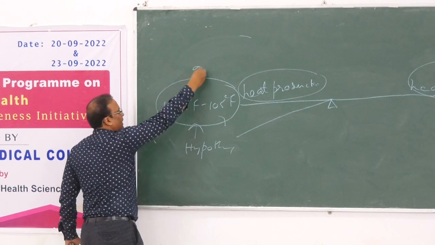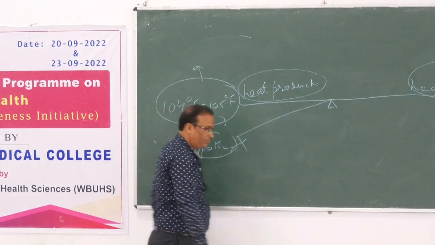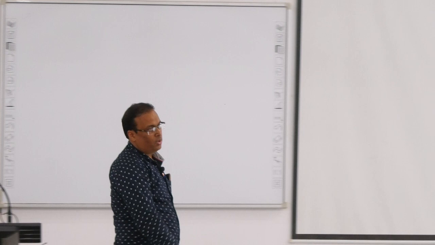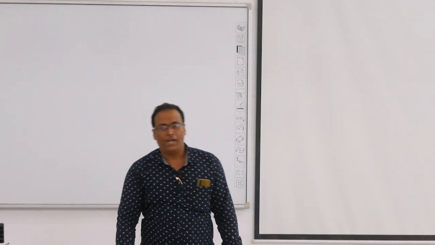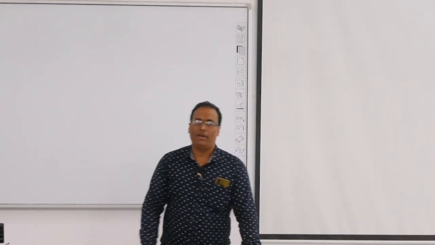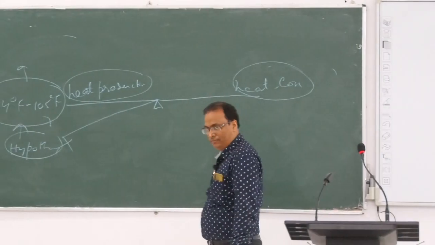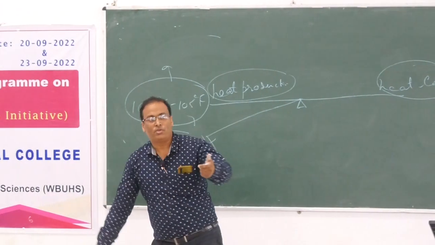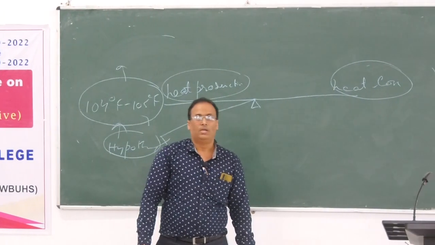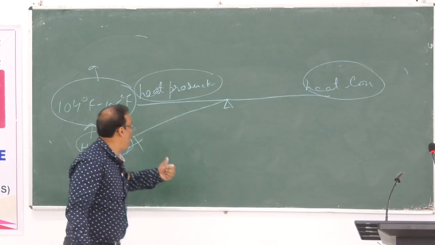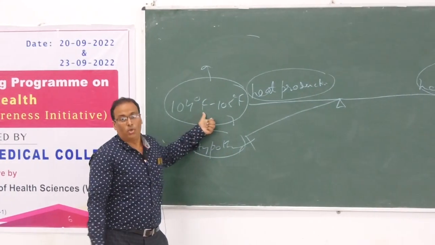In that period patient may come to you with convulsion, internal hemorrhage, intracranial hemorrhage, confusion, delirium, coma. In those patients we cool the temperature from outside to decrease the level of that point so that